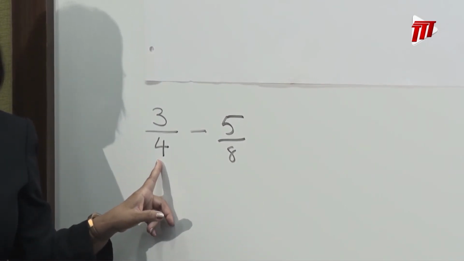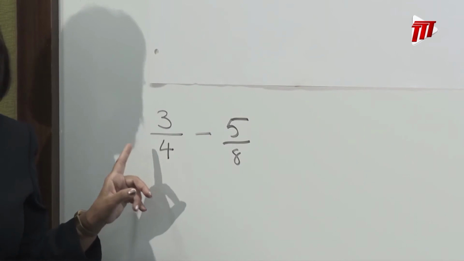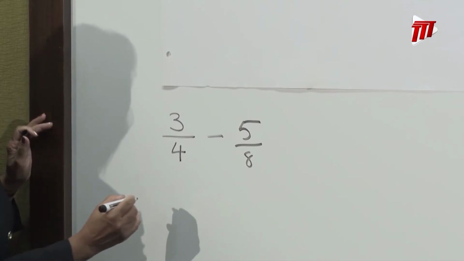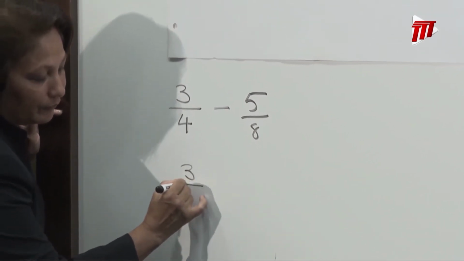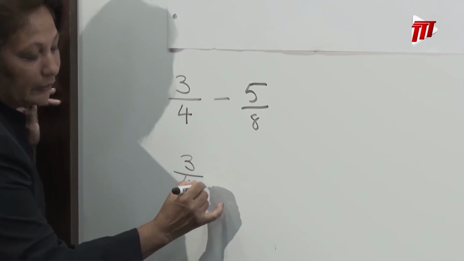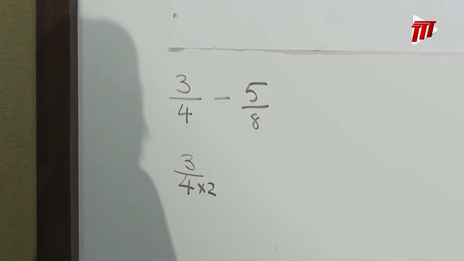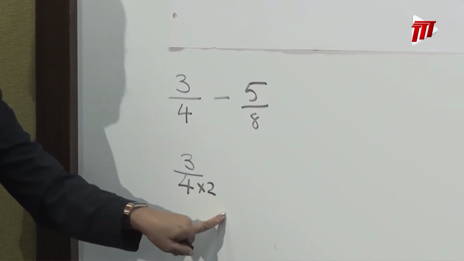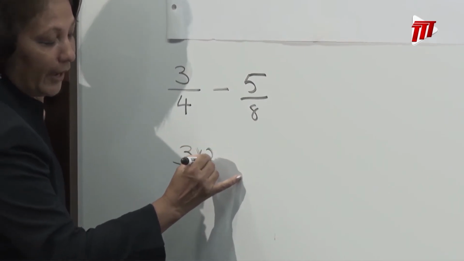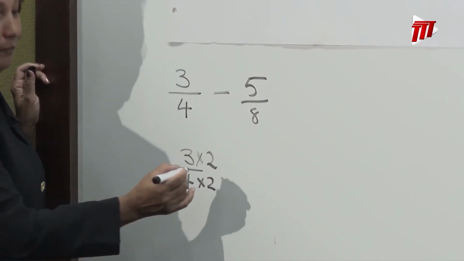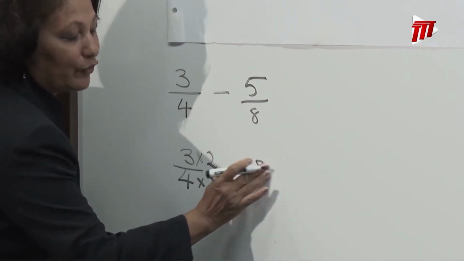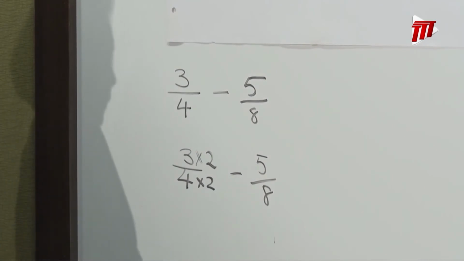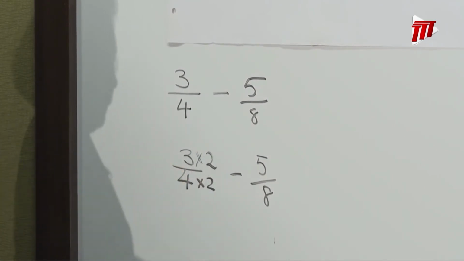So I could change this fourths, this 3/4, into some number of eighths. I would have to multiply the denominator by 2 to change it into eighths. If I'm going to multiply the denominator by 2, I'm going to have to multiply the numerator by 2 as well. And we again have to subtract 5/8. Working this out, 3 times 2 would give me 6/8